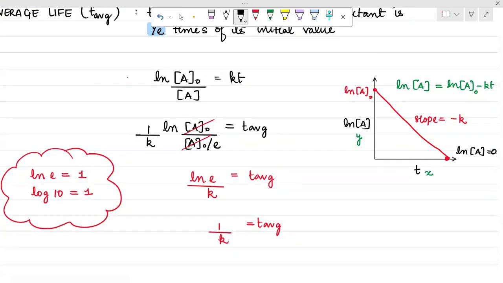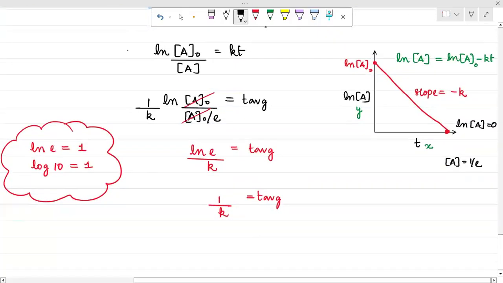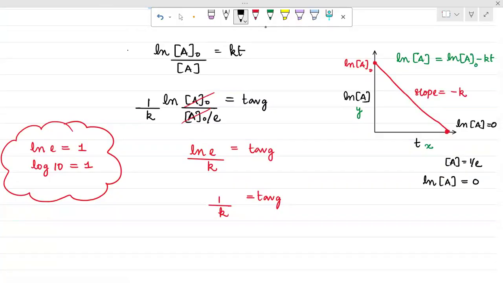And what is that point? It is the point where concentration of A is equal to 1 by E. Just 1 by E. So let's see, which is, let's say ln A is equal to 0. Now I have put,